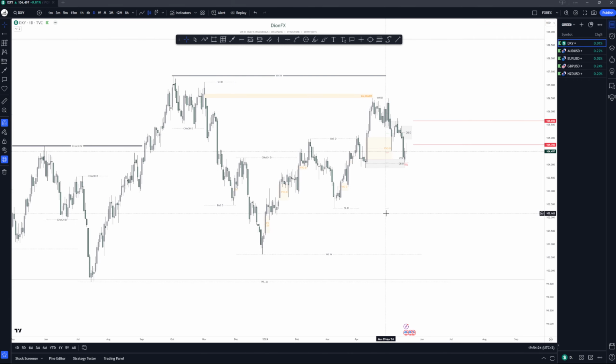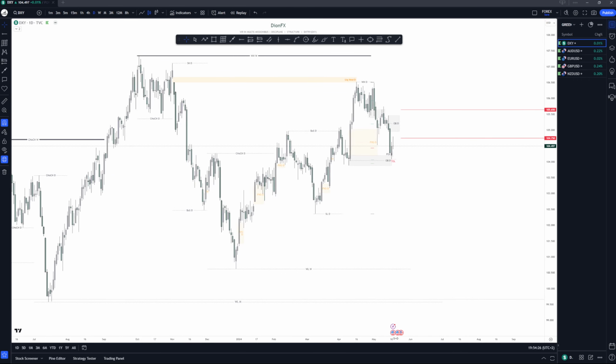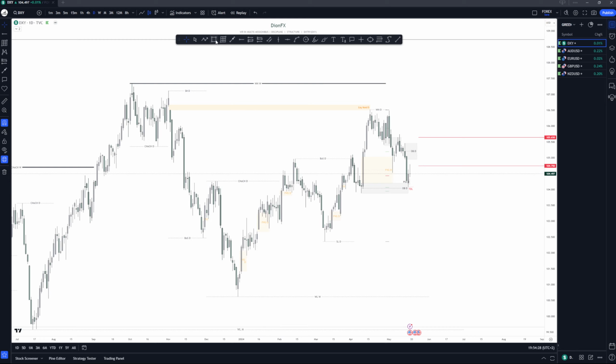So there's a chart of DXY right now. Like we talked about last week, we expected price to drop from these levels to the downside, and like we see, price literally came to the downside, tapped that order block on the daily time frame, and it also came to the 50% level of this whole range, right? From this low right here to this high. Okay, that's the range that we are trading within.